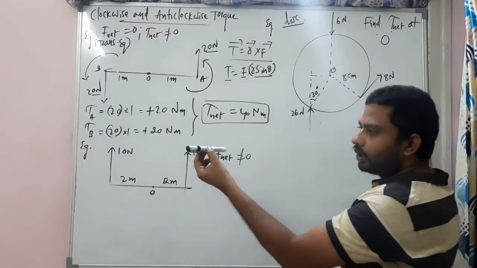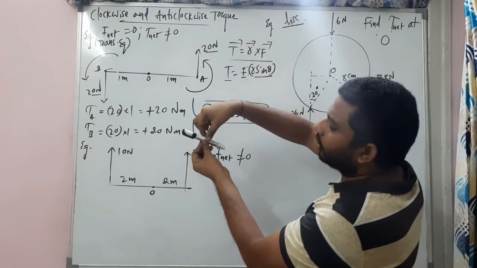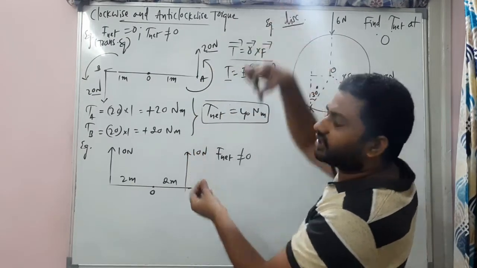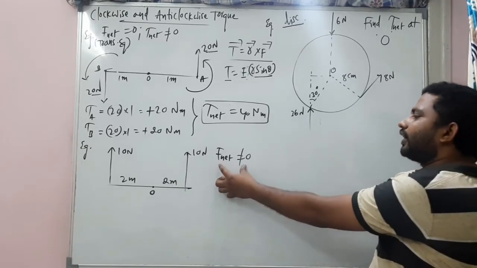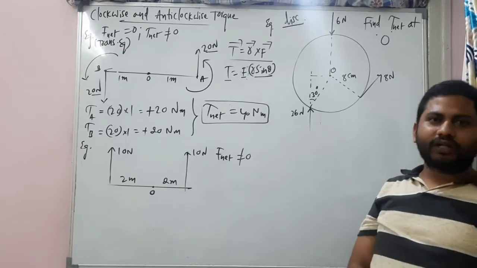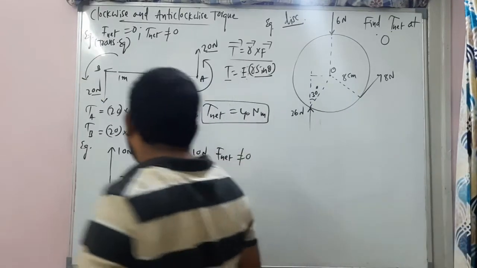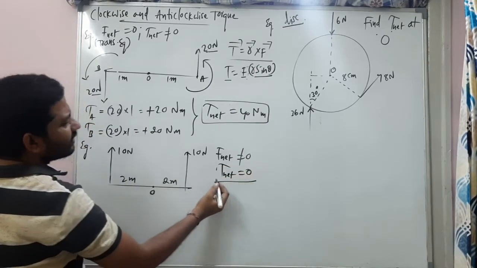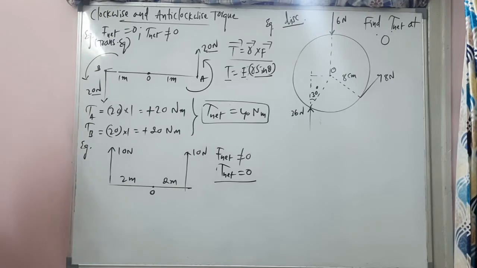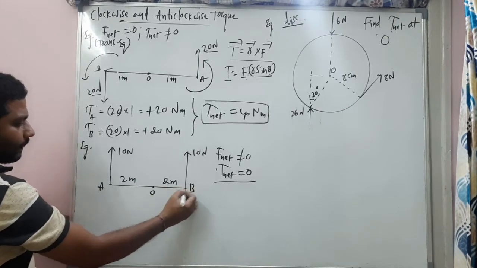This is the rod. On the rod, 10 newtons upwards, 10 newtons upwards. Definitely the rod will move up with 20 newtons resultant force. That's what happened. Resultant force is not at all equal to 0 here. But the net torque will be 0 in this case, and how it can be 0, let's discuss right now. What is the torque due to the force at point A and at point B?